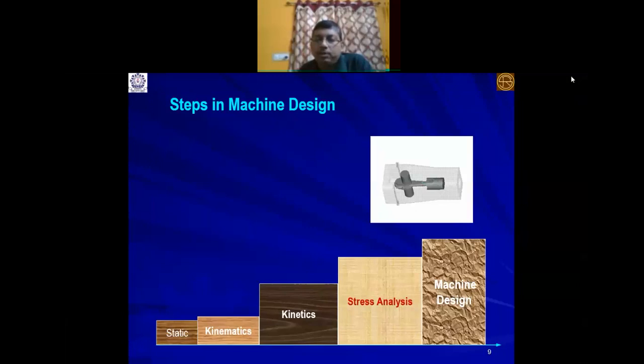That force and torque will be analyzed properly, but the software will not analyze; the software will only give the output. Sometimes you can call it garbage in, garbage out. If your input is wrong, the output will also be wrong. But the software will give the output, and you have to justify your answer. You have to draw your inference after seeing that,